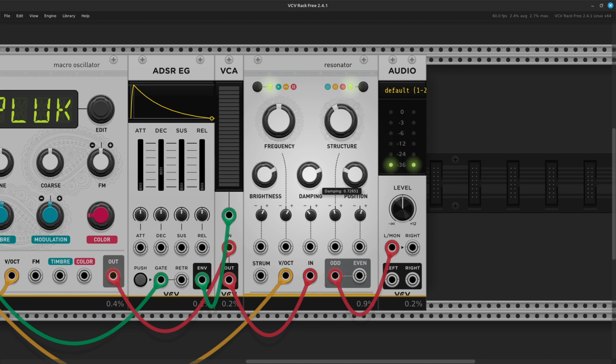That's the dampers, so you can have it ring out longer. I have the envelope on the initial pluck sound itself, but it does not contain or shape the resonance. You could put a second envelope in VCA here to do that, but it may not be necessary with this damping. Okay, and then we have position here, which is once again another one of those changes that